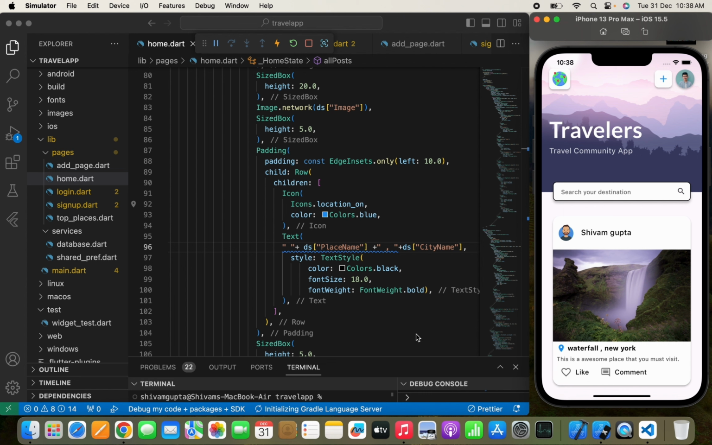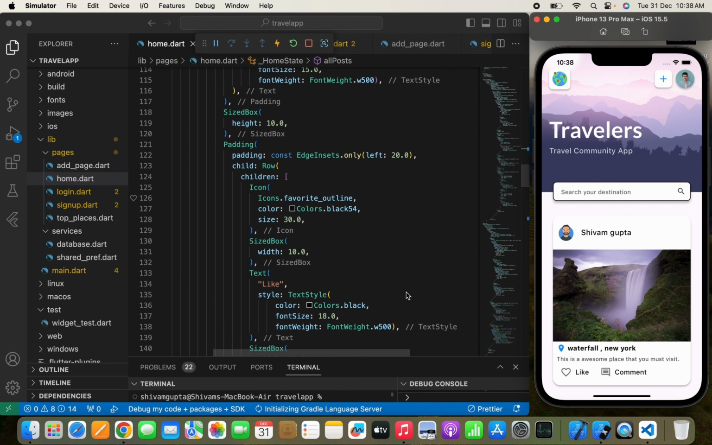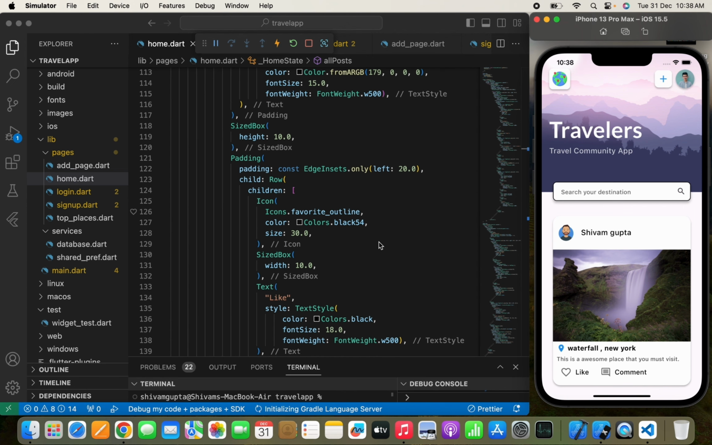Now once you have tapped that like button, I'll show you how we can use a like button on this post. So here, for an example, let's think that there are